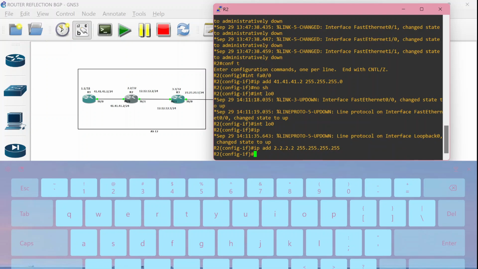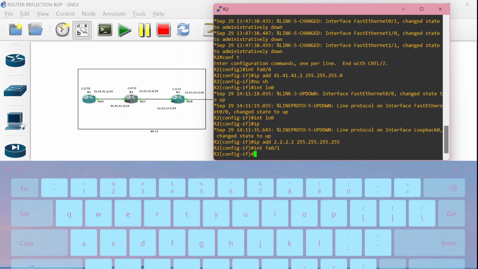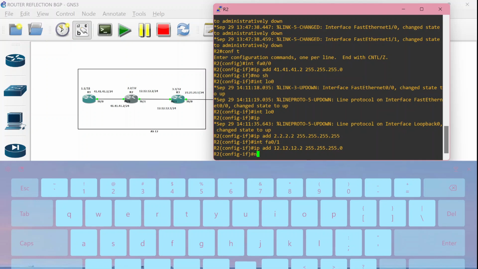Okay, so after this, we can turn on the other port that connects to router number 3, and here FastEthernet 0/1 gets the IP 12.2, and don't forget the subnet mask is slash 24.